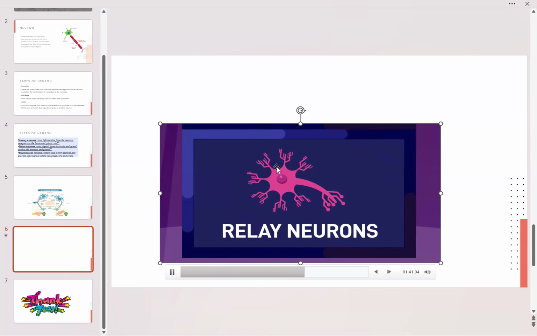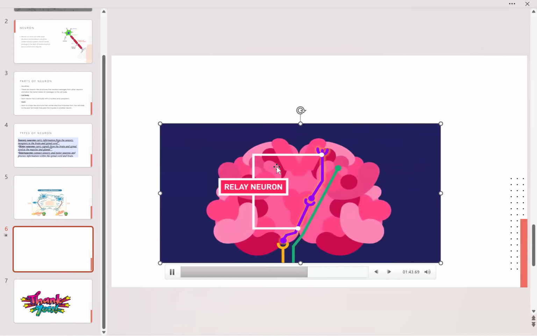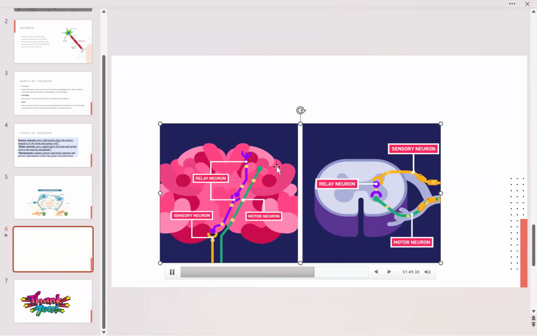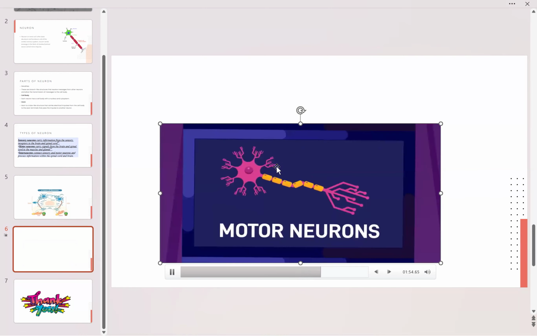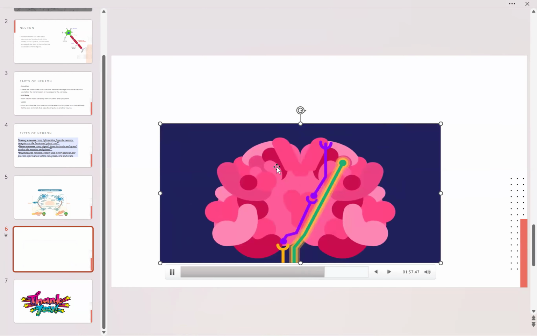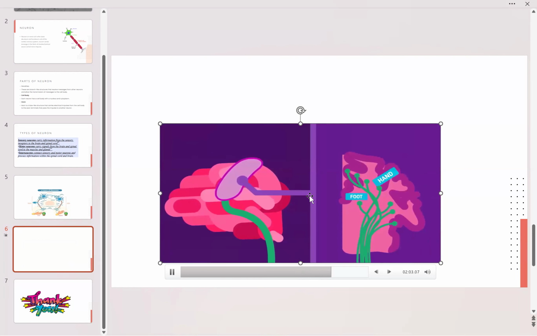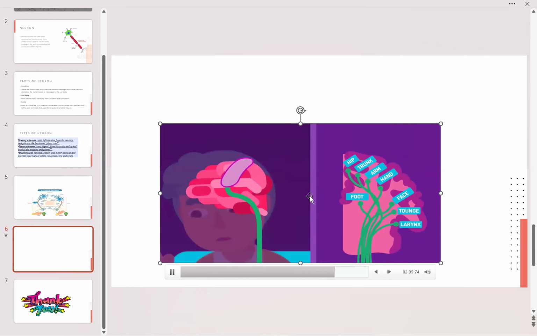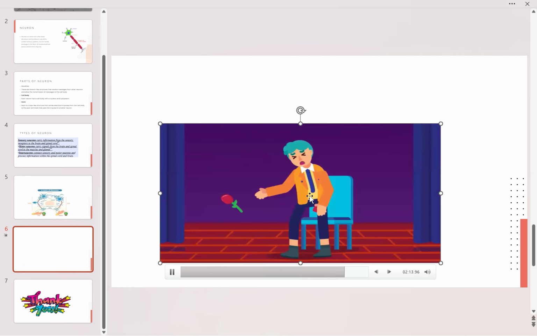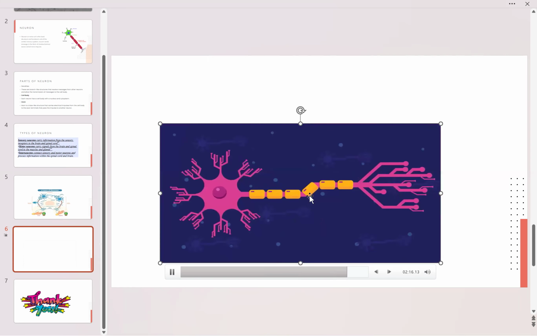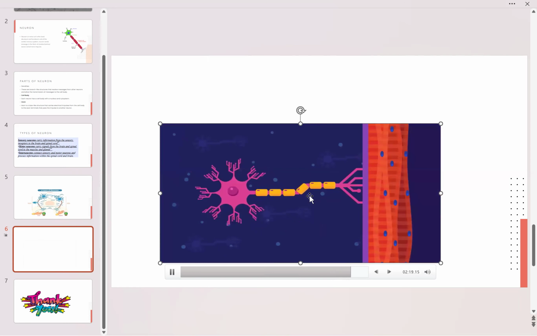Relay neuron. Relay, or intermediate neurons, link sensory and motor neurons so that the impulse moves uninterruptedly. They are present in the brain and spinal cord regions of our body and do not contain a myelin sheath. Motor neurons. Motor neurons, as the name suggests, take care of our motor skills. They transmit messages from the central nervous system to effector organs. Effector organs are any muscle, organ, gland, etc., that can produce a response to a detected stimulus from a nerve. For example, leg muscle. Structurally, they have short dendrites and long axons. These long axons branch repeatedly in the muscle,